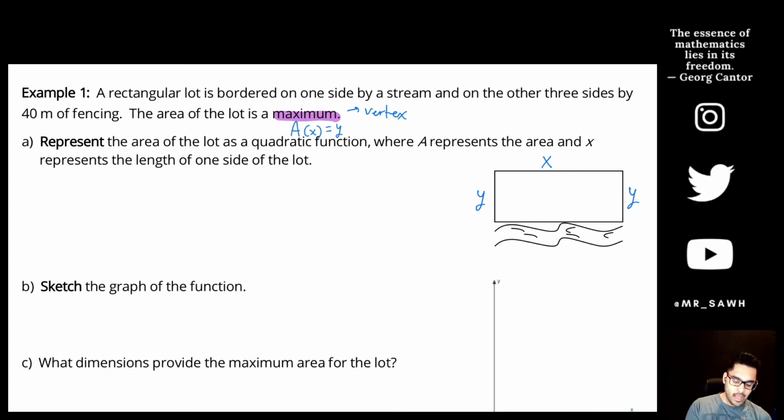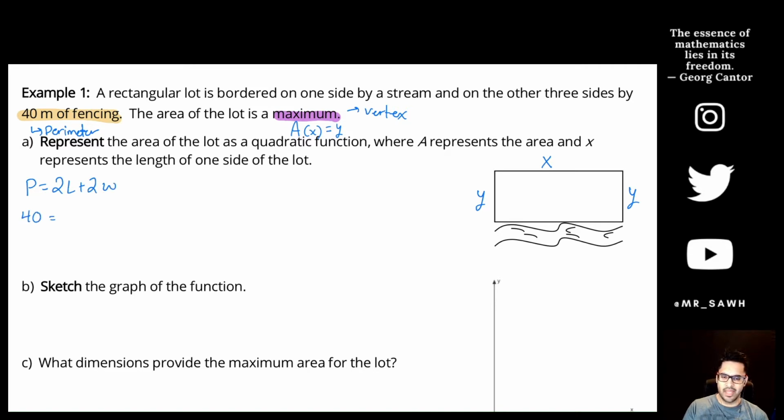Now, I do know there are 2 things that I can use as part of a rectangle, right? Area is one, but perimeter is the other, and that 40 meters of fence is really a perimeter, right? It goes around the outside of this rectangle. So I can start by representing an equation for perimeter, since I have a number for it, right? Perimeter is going to be 2 lengths plus 2 widths, so 40 is going to equal,